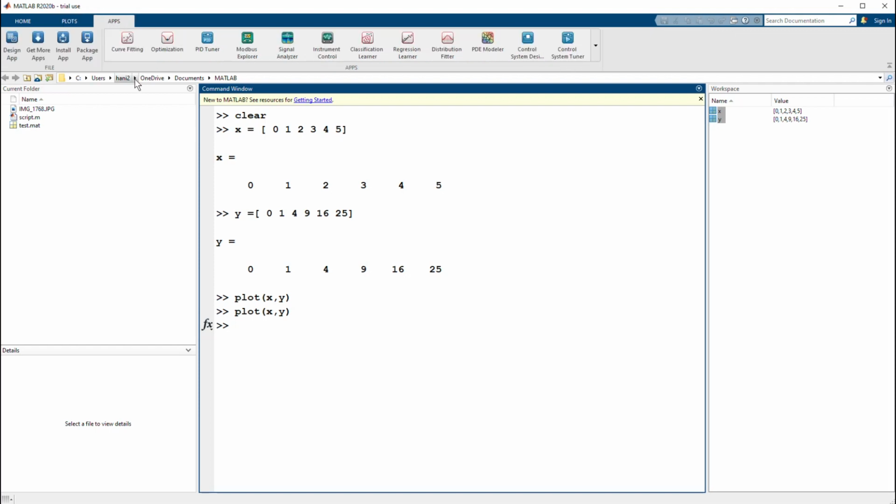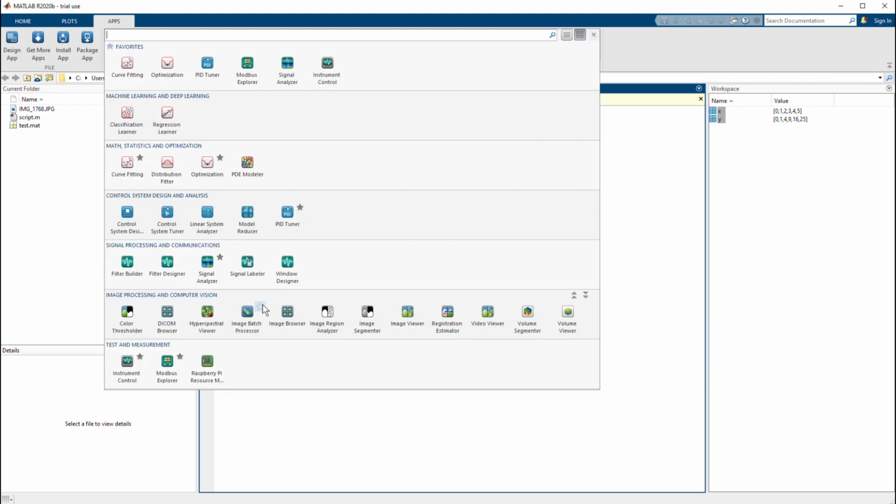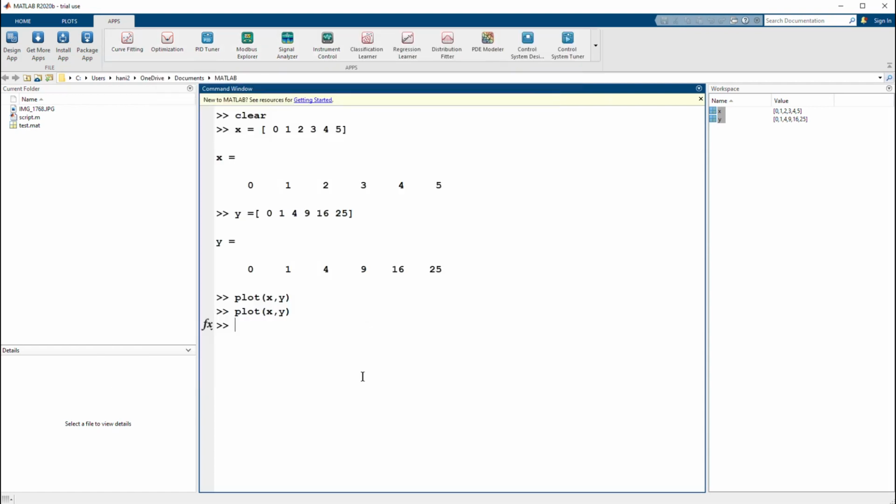And then we have the apps menu, and in here we will see a pre-made list of apps. An app is a bunch of codes that were written, and instead of calling them just in the command window, you could just make a design with buttons and text fields and checkboxes and many other GUI or graphical user interface components. And then when you click on a button, you can just call a code that was written already before. If we, for example, choose the image segmenter,